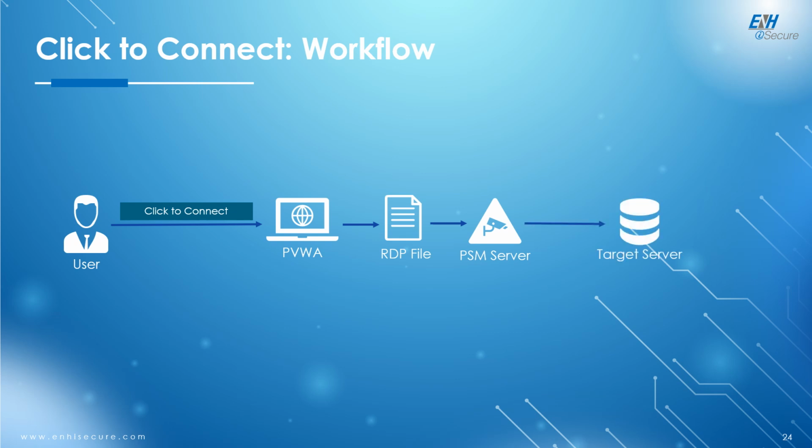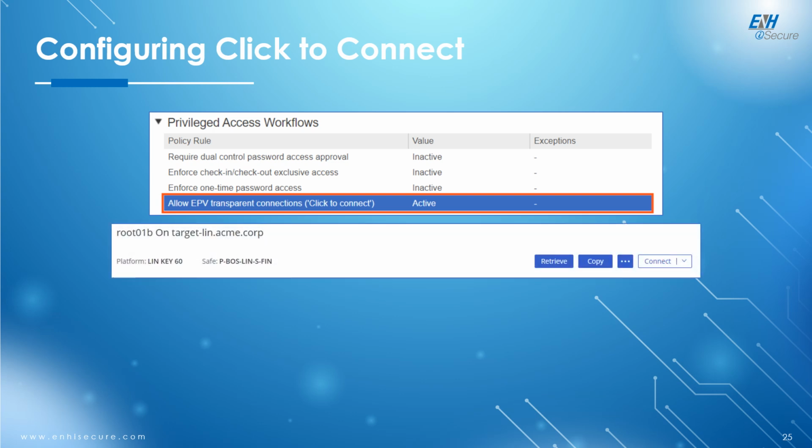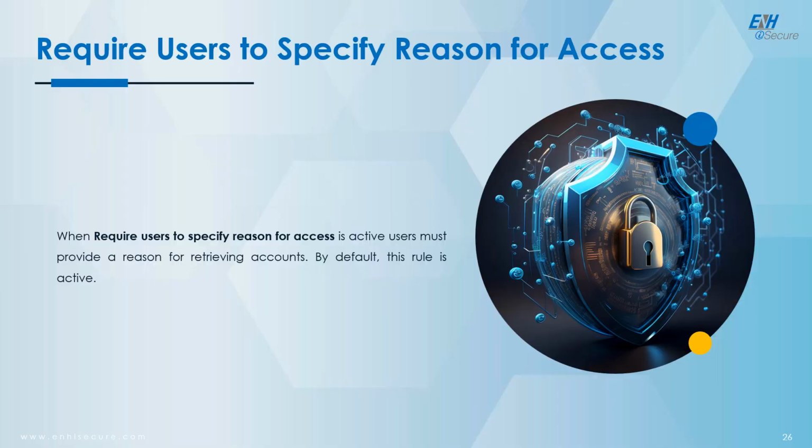The privileged session manager monitors the session activity. All actions performed during this session are recorded for auditing and security purposes. This is how we can configure allow EPV transparent connections, click to connect in the PVWA and successfully connect to the target machine. The parameter require users to specify reason for access forces users to explain why they are using